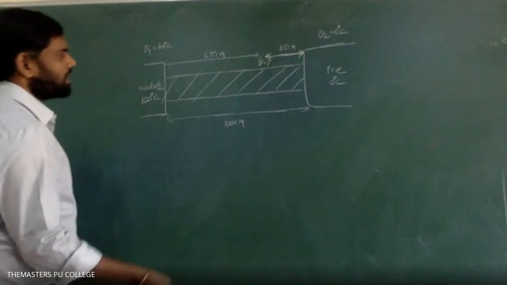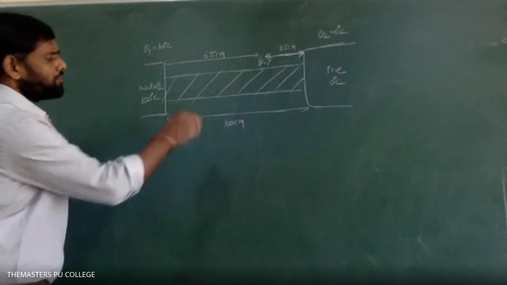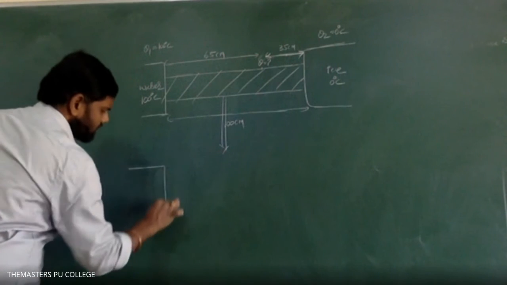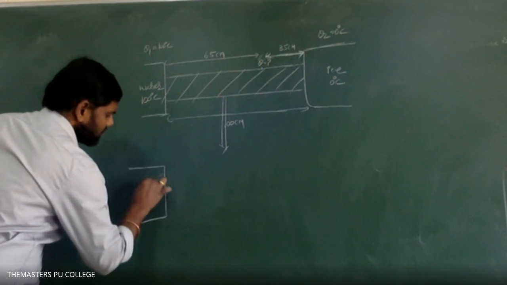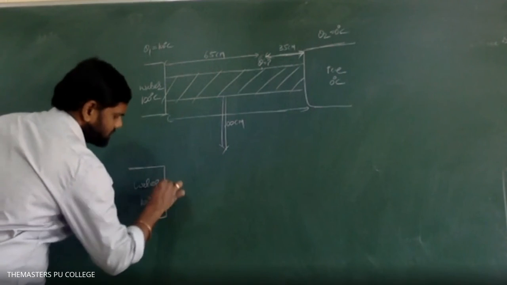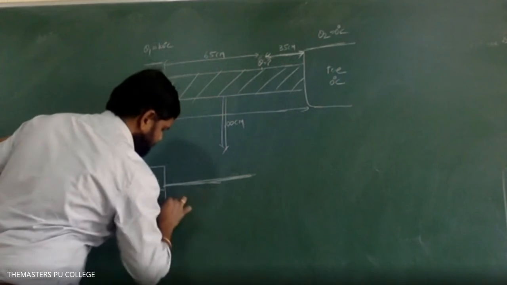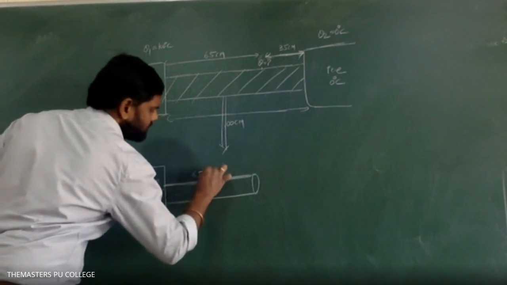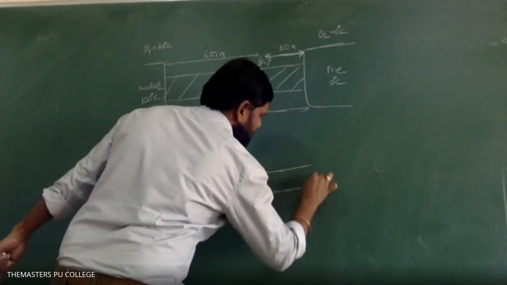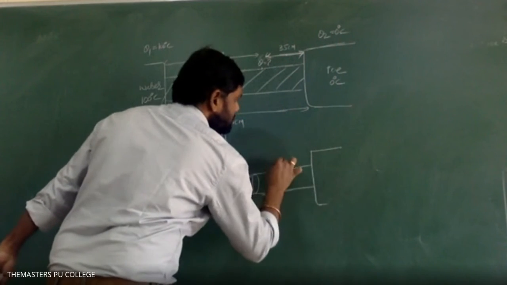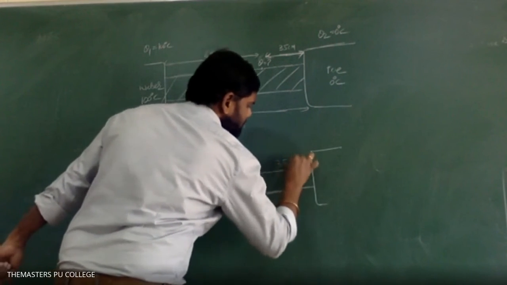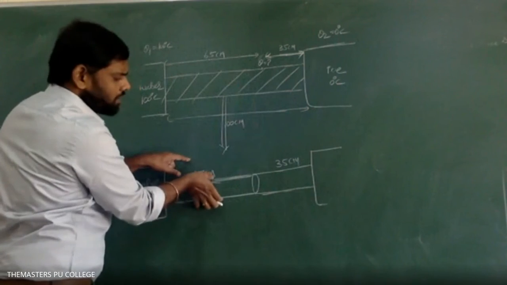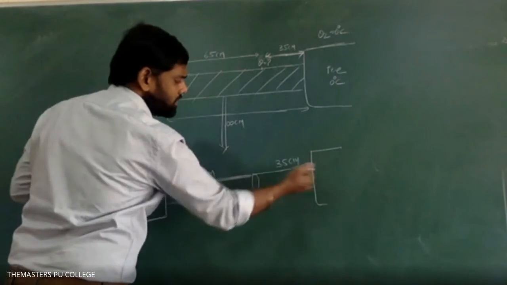So observe clearly, students, listen carefully. How I am doing it is I am dividing this rod into two parts. This is the water at 100 degrees centigrade. This is the first rod, which is copper, of 65 centimeter. This is the second rod, which is also copper, of 35 centimeter. So, the same rod drawn like this: how are this part of the rod and this part of the rod connected, in series or parallel?